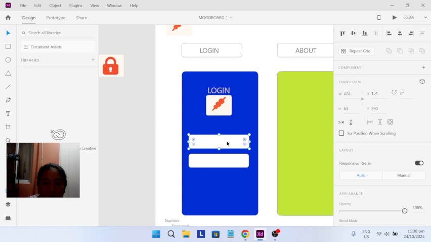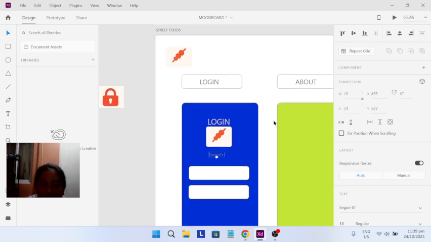Then adjust it again, duplicate, then we will put Noemi Street Foods.